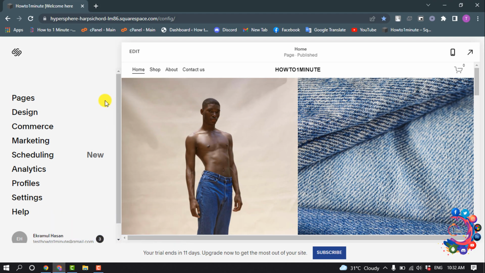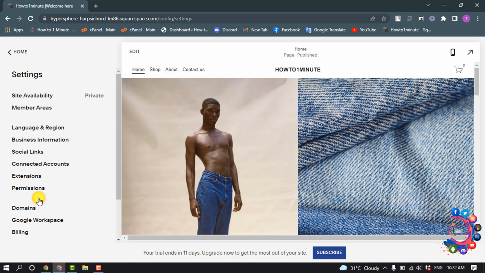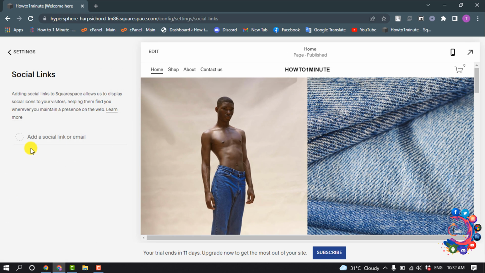In your home menu, click on settings and select social links and click on add a social link or email, and now give here your social media's URL or email URL. So first of all, I'm going to add my Facebook URL here. So after putting your URL, hit enter,